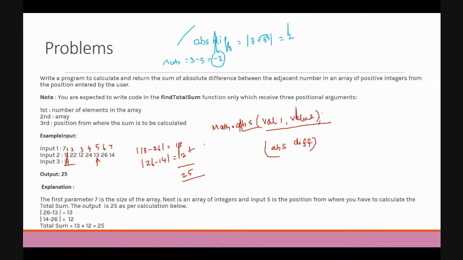If I do the sum of this, it will be 25. And the logic is, you have a mathematical function to calculate the absolute value, and you have to use a for loop to go through the positions from which you have to start finding your absolute difference and then add it.